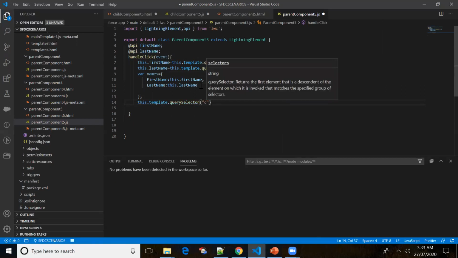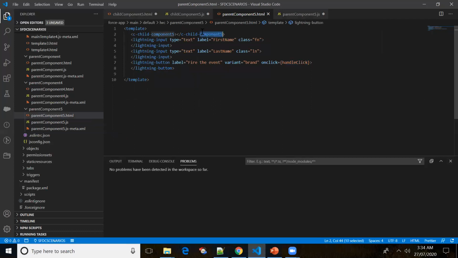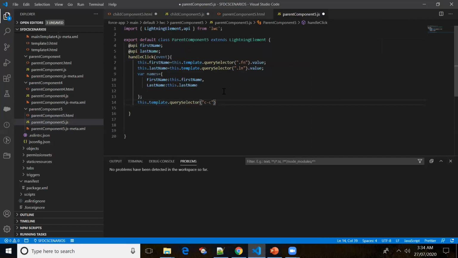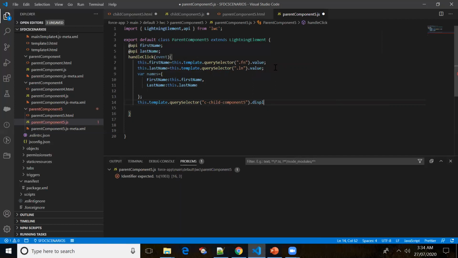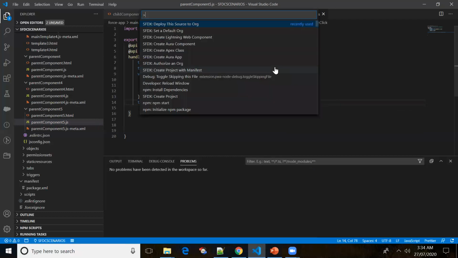What was the child component name? C dot child component 5. Let me copy it here. Okay, I'm calling a method. What was the method name in the child component? Display values. For display values, I'm passing names. Okay, so let me deploy this code to the source org.